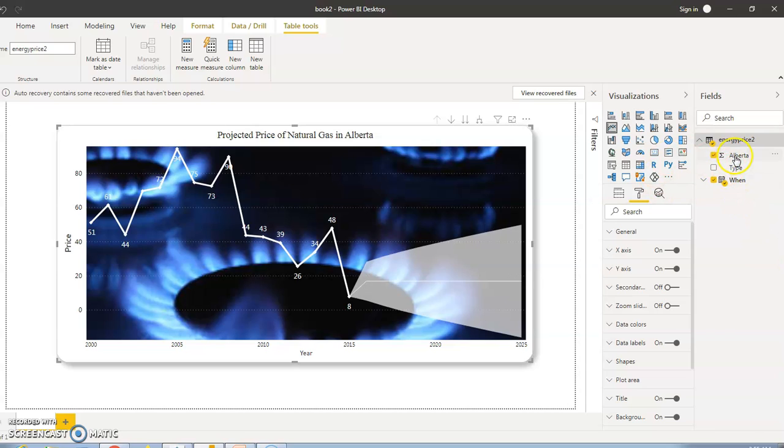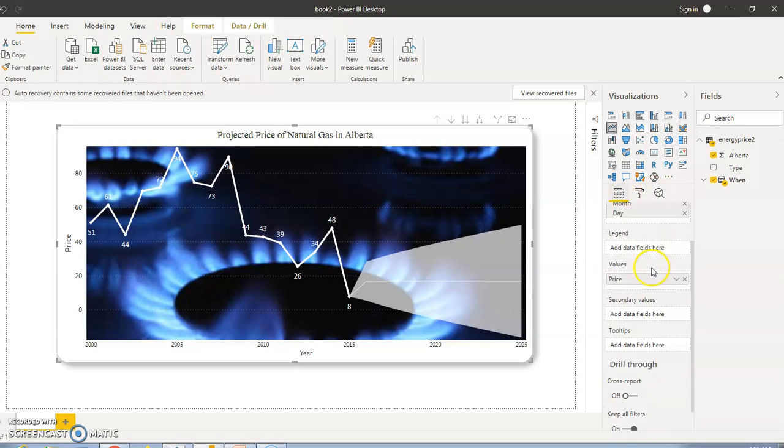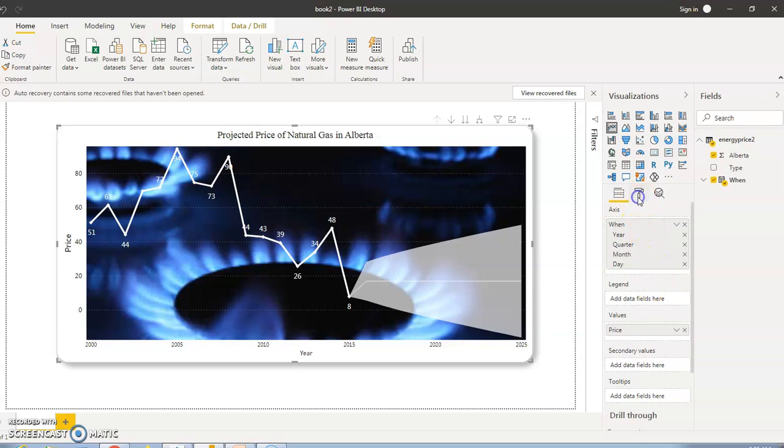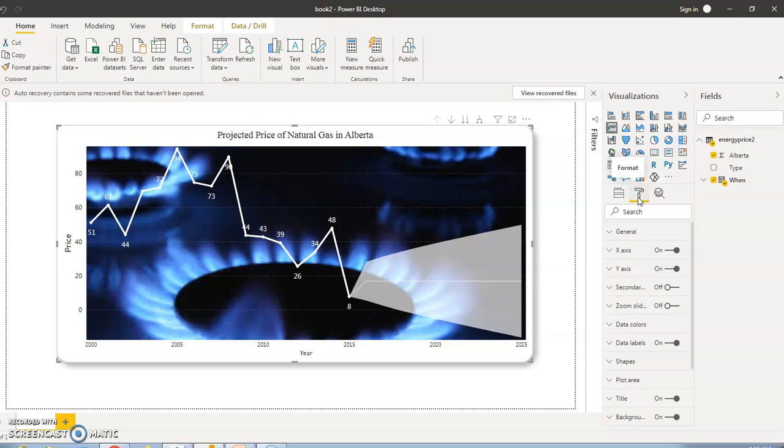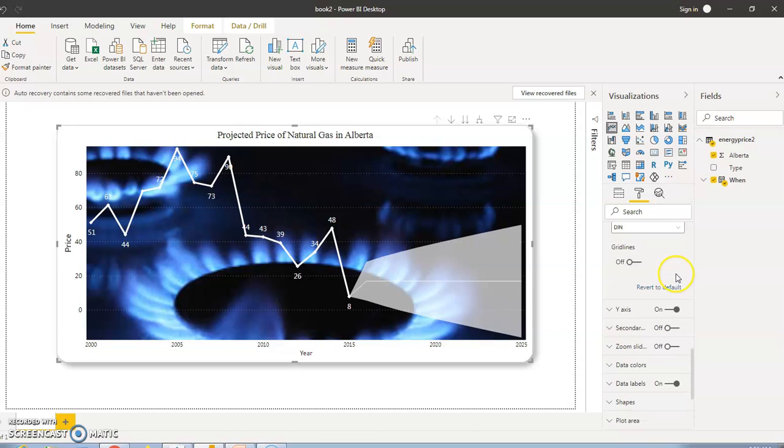I'm choosing the fields which shall be shown in the presentation, and these are the tools where we can format it. Here we are giving the axes and the values, and this brush button takes us to the formatting, like what shall be given in the x-axis, how much font, color. We can change the color, the font, then the font family, everything.